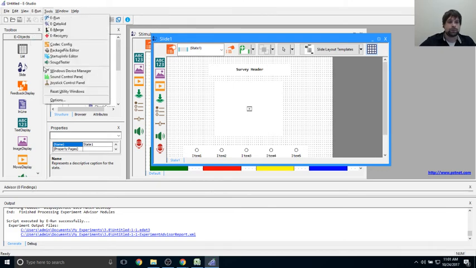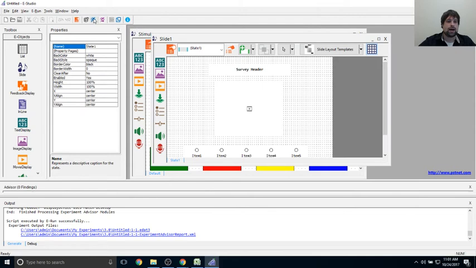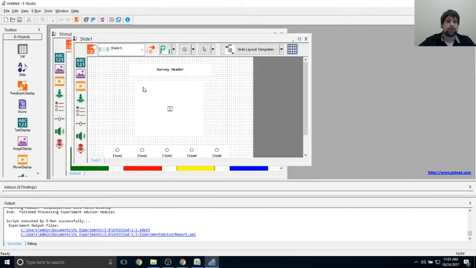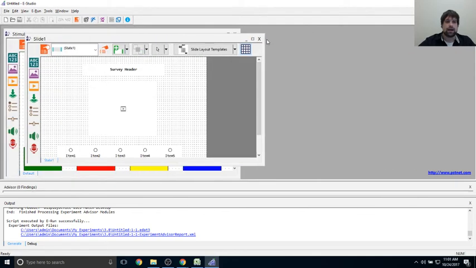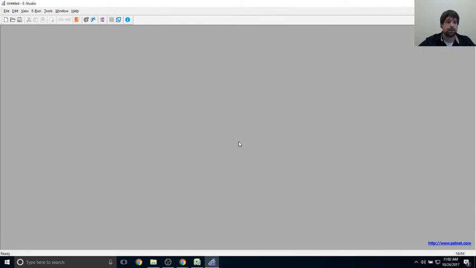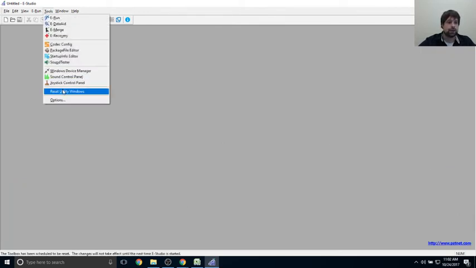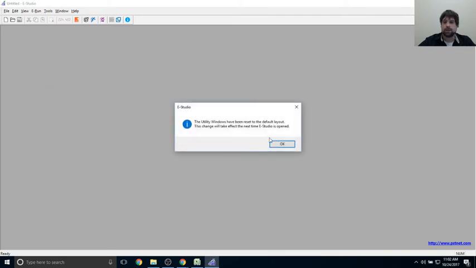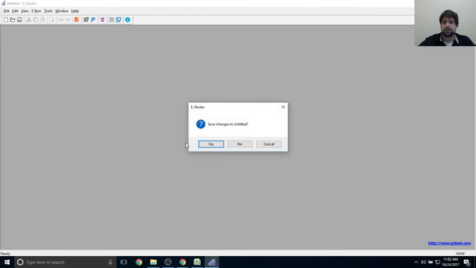And while we're under the Tools panel, the other thing I want to mention too is this Reset Utility Windows. Let's say I am going crazy and I just delete my structure view like that, and I actually go a little more crazy and just delete all of them. They're just X'd out of all of them. What I can do is go to Tools and go to Reset Utility Windows. So now all the windows here are going to go back to the default layout the next time eStudio is open. So even if I just reopen eStudio now,